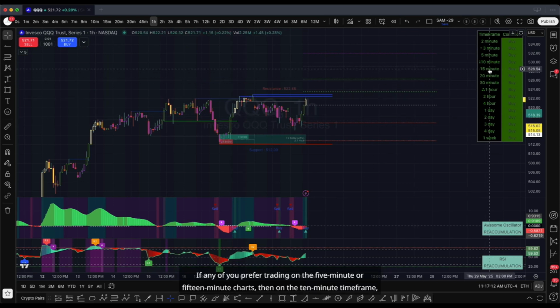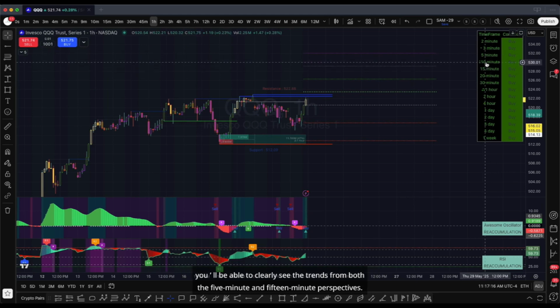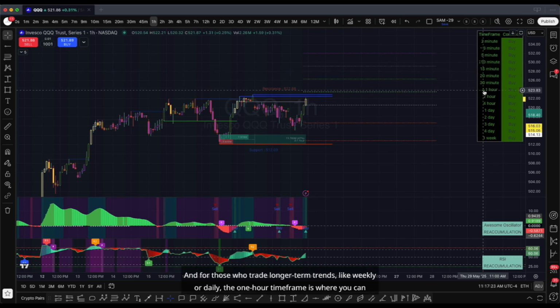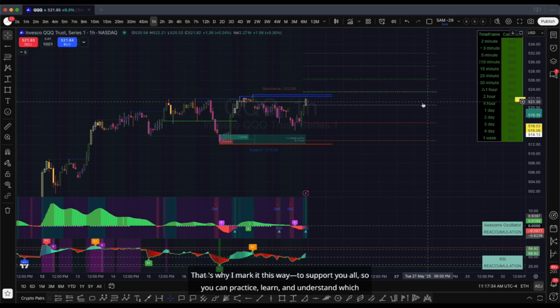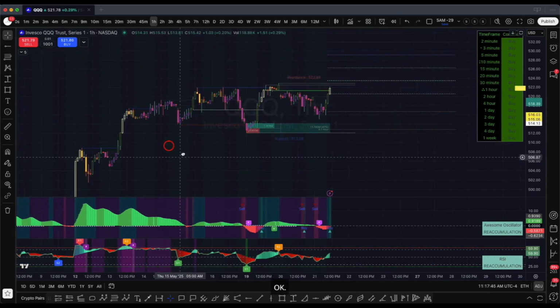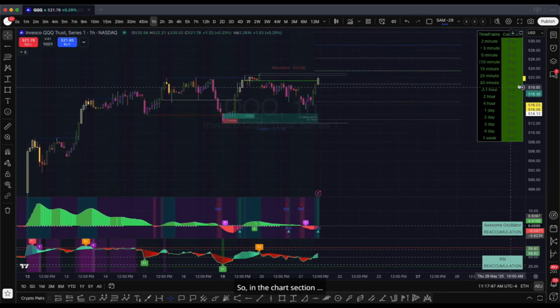If any of you prefer trading on the 5-minute or 15-minute charts, then on the 10-minute time frame, you'll be able to clearly see the trends from both the 5-minute and 15-minute perspectives. And for those who trade longer term trends like weekly or daily, the 1 hour time frame is where you can clearly see how the price action is moving. That's why I mark it this way to support you all. So you can practice, learn, and understand which time frames are important in the market when you look at the chart. Okay, so in the chart section,